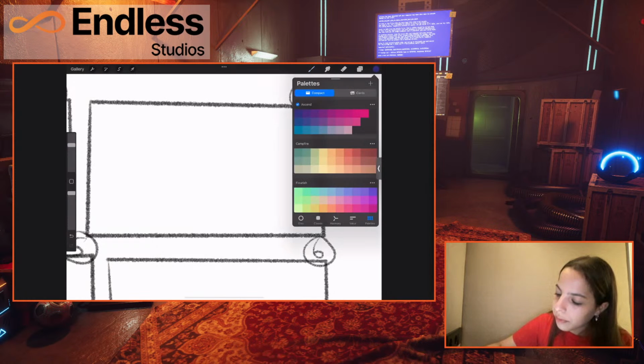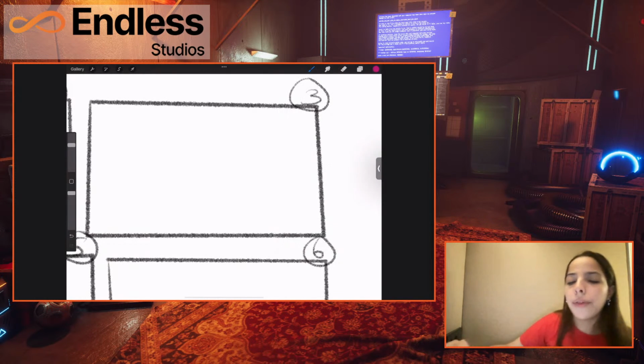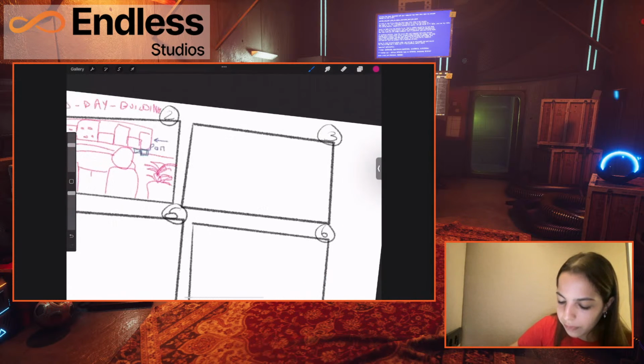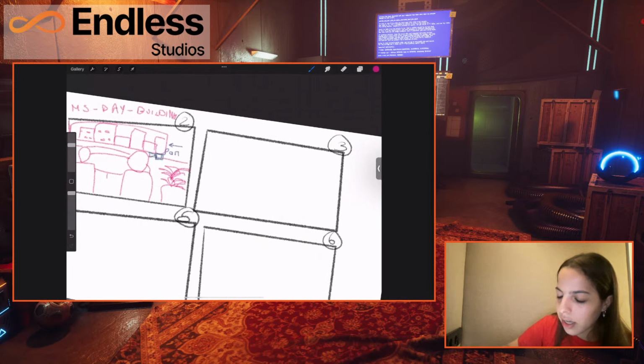Then, going back to our palette so I can start sketching, we have our third frame. I'm going to have a close-up, also day. This time I want it in the car, in the rally car.